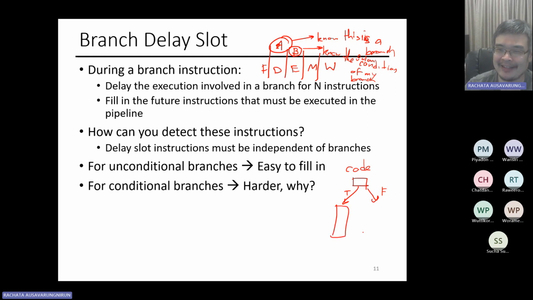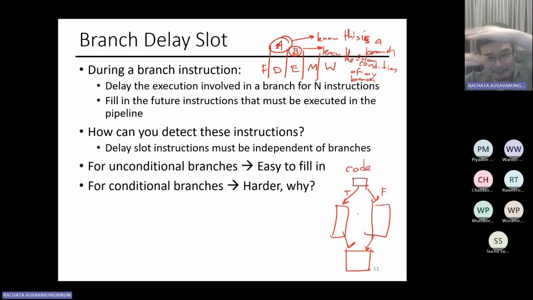And let's say this is a huge block of code that does a lot of things and you merge back after you're done. If else, and both if and else are really long sets of code. And then when you're done, you're merging back. Basically, this is called merging. At the time you're merging, there's no independent instruction because everything you do afterward depends on something in the branch, right? So it might be the case where you cannot find